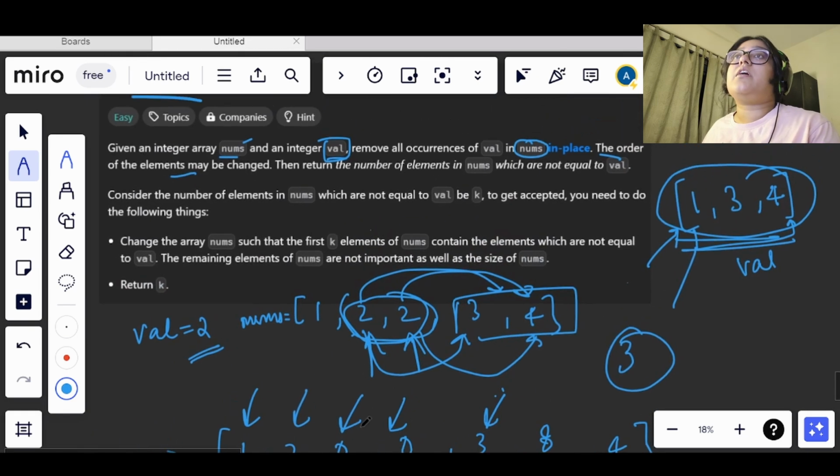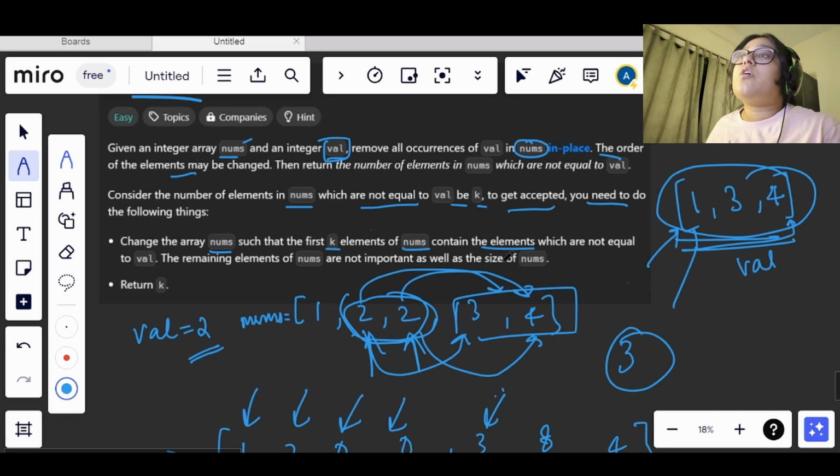Now let's see what we have been told further: consider the number of elements in nums which are not equal to val to be k to get accepted. We need to make changes in the array nums only, such that the first k elements of nums contain the elements which are not equal to val.